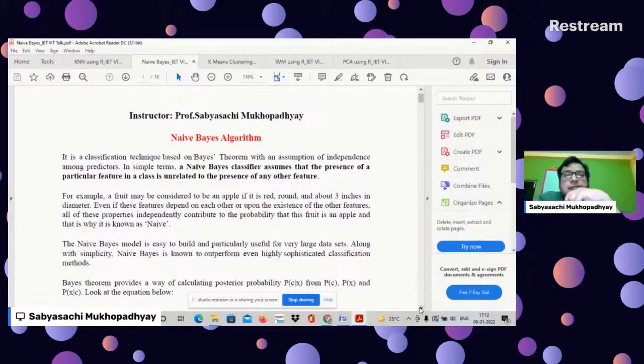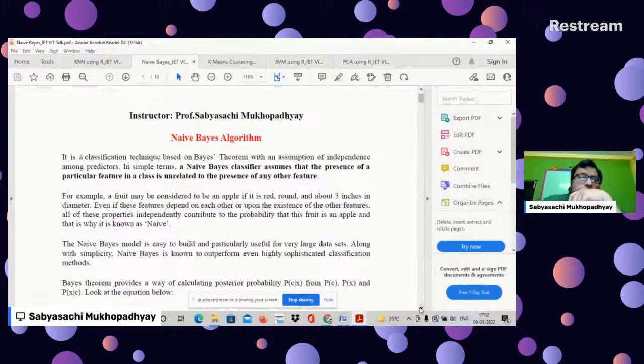That's the reason the name Bayes has come up. But why is it naive? The term naive is used because we are assuming that all features are independent of each other. So the naive-Bayes classifier assumes that the presence of a particular feature in a class is unrelated to the presence